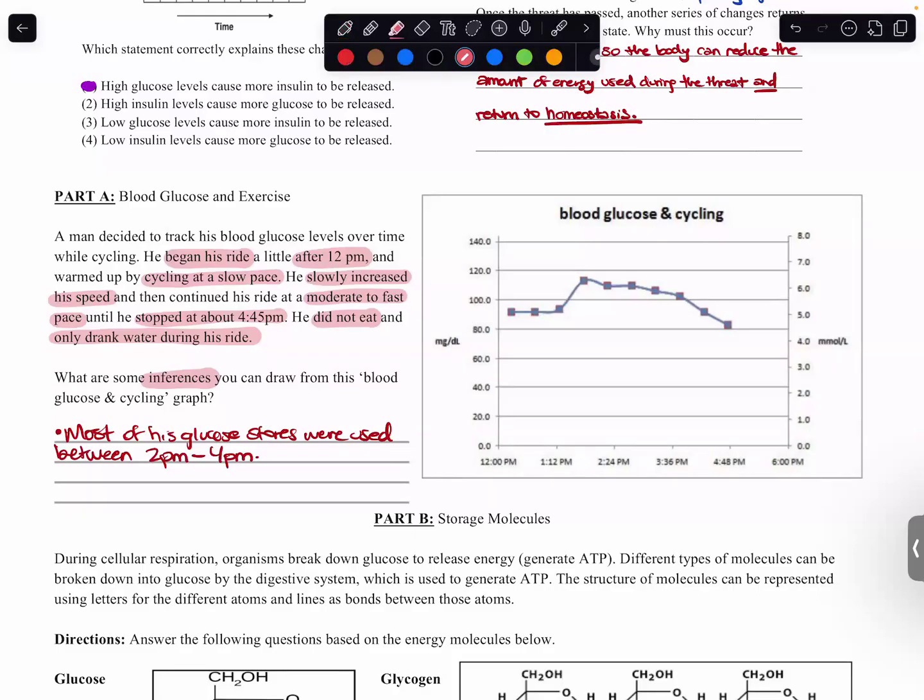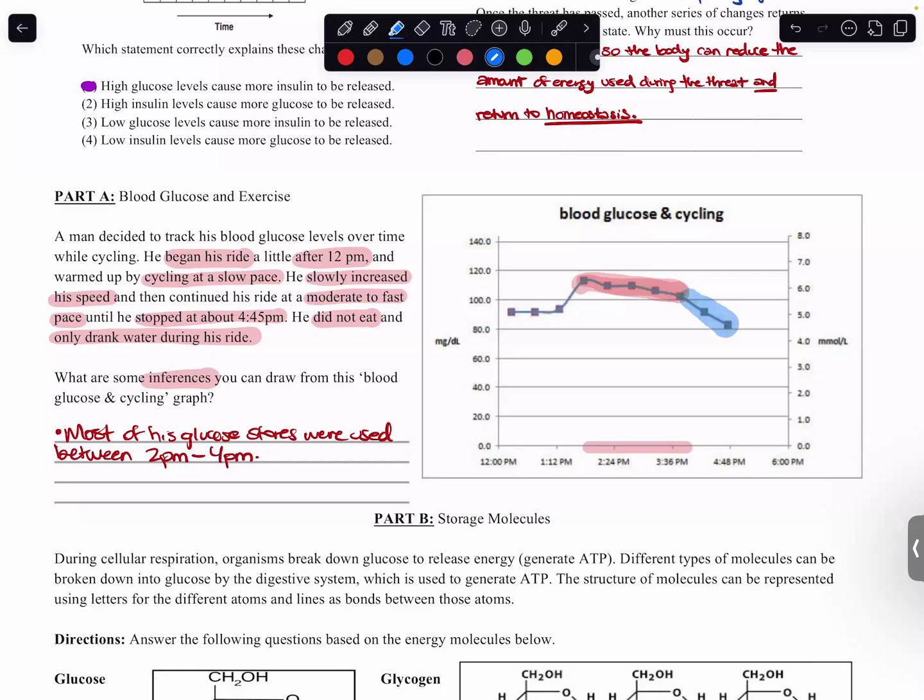So from about 2 p.m. to 4 p.m., which is about here, to about there, I literally can see that this is where the majority of his glucose is being used in order to maintain that moderate to fast pace, right? But then, of course, if he stopped at 4:45, then we are going to start to see a steady decrease